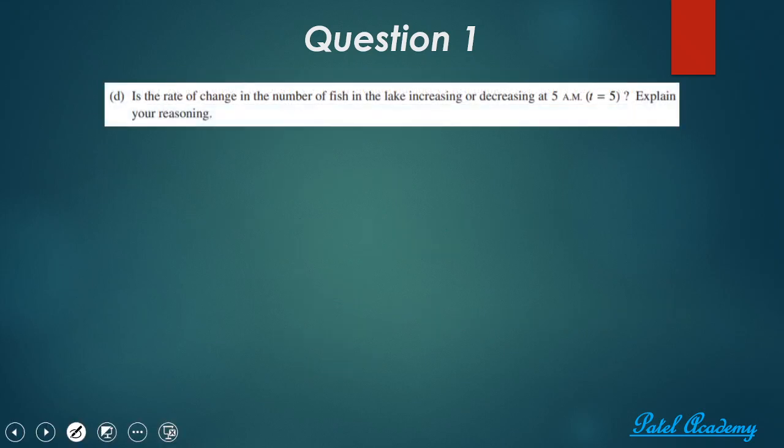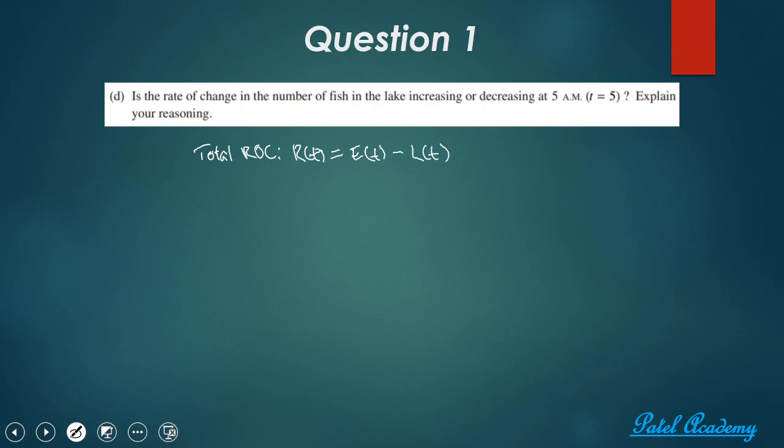Question D: is the rate of change in the number of fish in the lake increasing or decreasing at t equals 5? Well, now this is where knowing what function represents what is important. We're trying to find whether the rate of change is increasing or decreasing, so it's essentially the change in the rate of change. And so in this case, I'm going to define a function for my total rate of change. I'm going to say R(t), for example. In this case, it's just E(t)